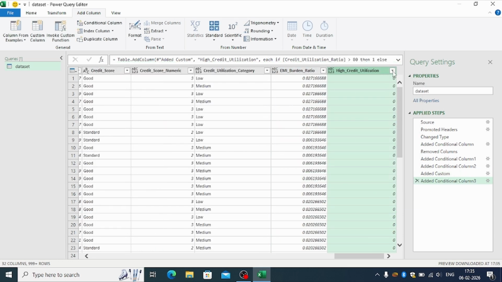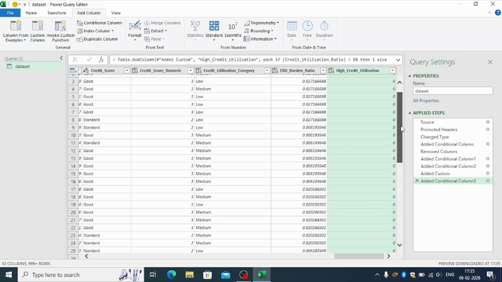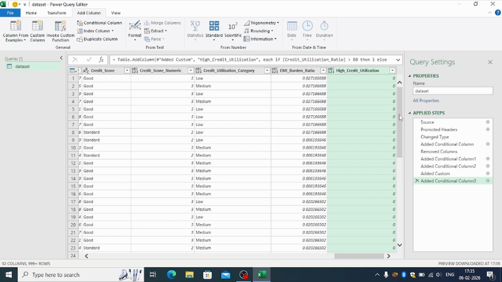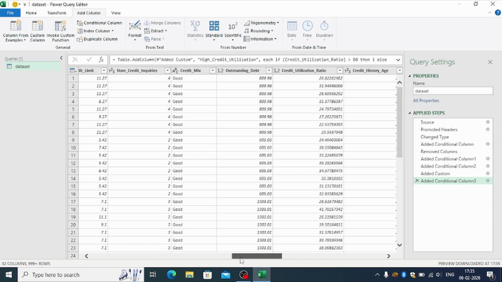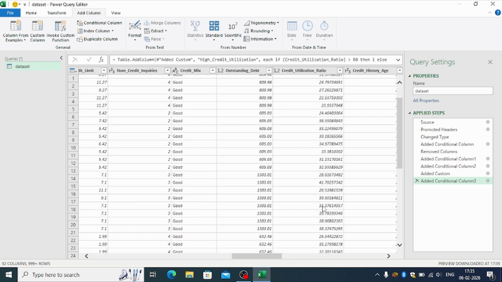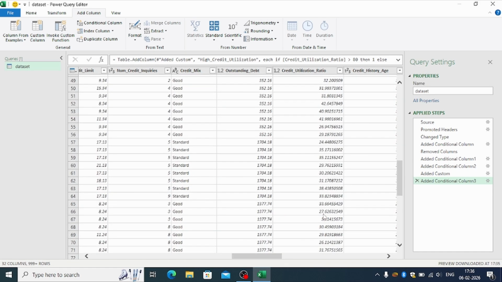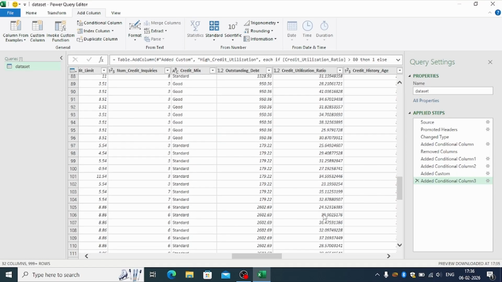Okay, so here you have got mm, wait a second. Credit utilization ratio, where did the credit utilization ratio go? Okay,